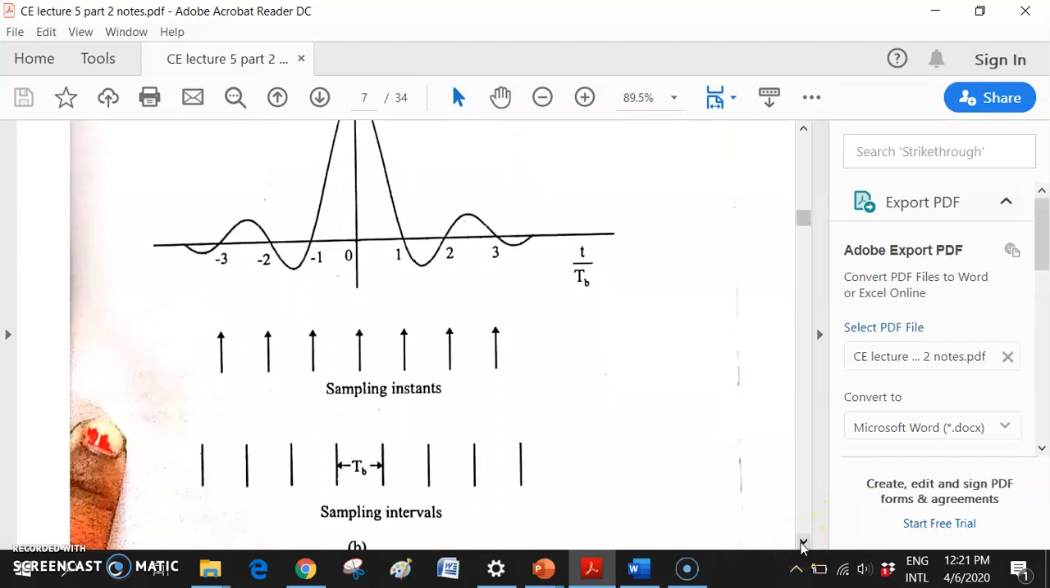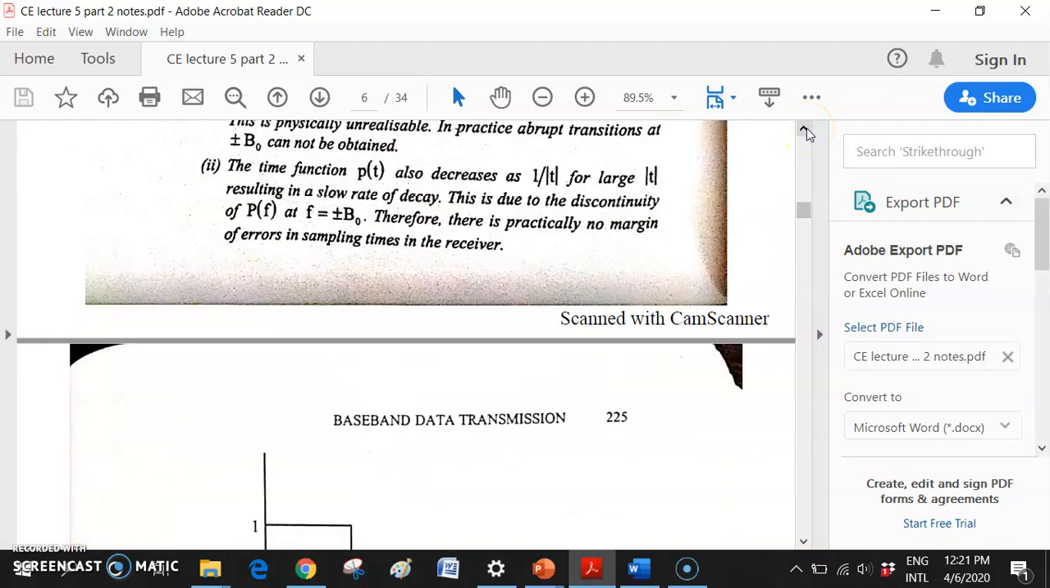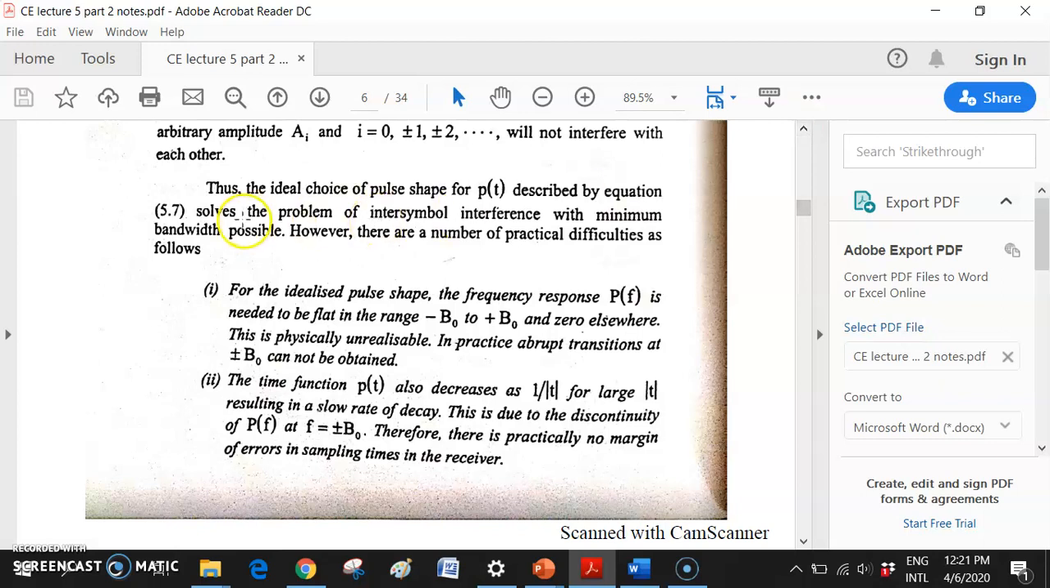But practically it is impossible to make a sinc function. So what is done in practice? The ideal choice of pulse shape for PT, described by equation 5.7, solves the problem of ISI. But the ideal pulse shape for the low pass filter is a flat top and 0 elsewhere, as I already showed you. So it is physically unrealizable. Getting a sinc function is very difficult, so that's why